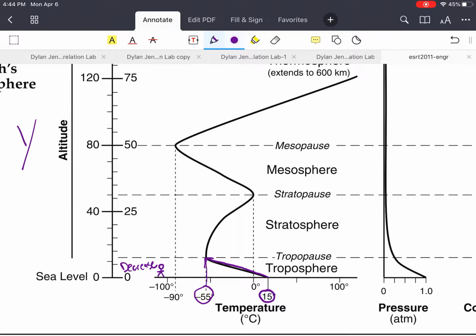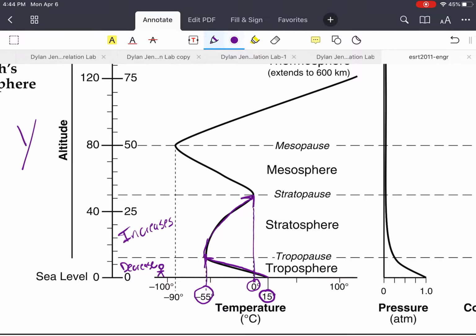Then you get to this dashed line, that's where the troposphere ends. You call it the tropopause. At the tropopause, your temperature trend changes, it switches, and it increases as you move up in the next layer called the stratosphere. It goes from negative 55 to 0. 0 degrees Celsius is cold, but negative 55 is colder. So for the stratosphere, I'd have you write